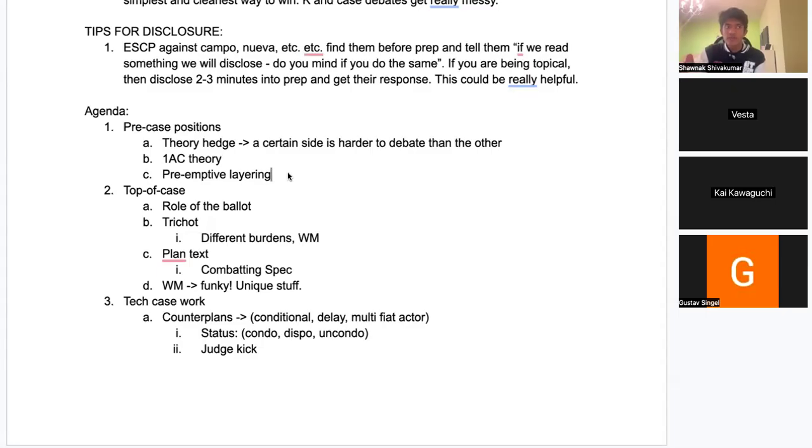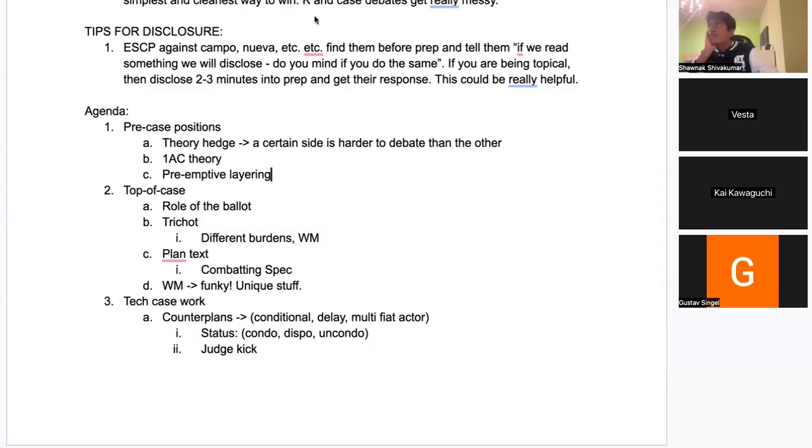And give reasons to prefer. One reason to prefer is time trade-off because of the time skew, because the LOC theory is almost infinitely busted because of the block. MG theory is kind of hard to uplayer over LOC theory, but you can say the time skew argument is a good one. Another argument is that the AF doesn't have access to the neg's first speech that it already has. It's inherently what